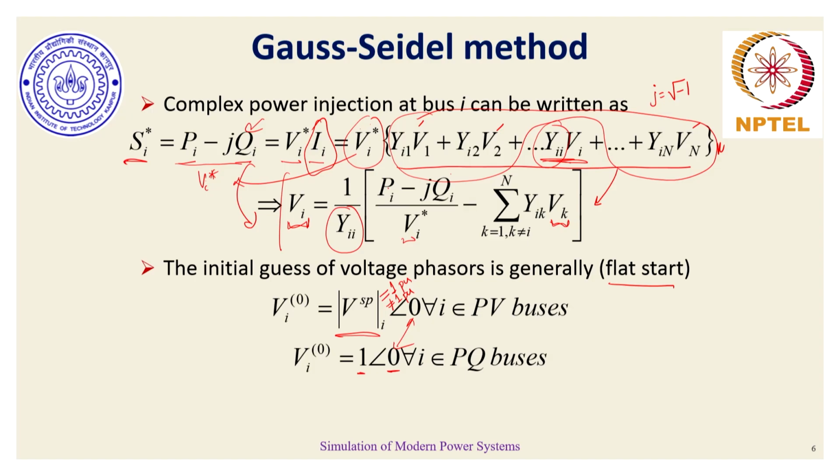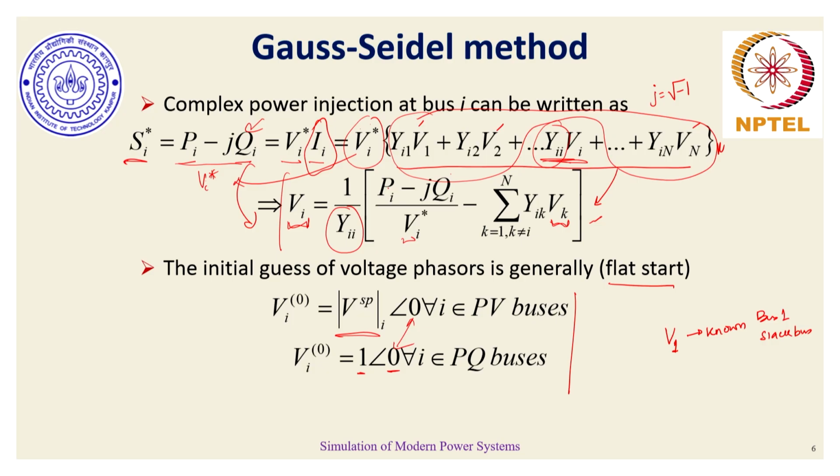It all depends on at what voltage profile the system active power loss can be minimum possible, and hence the voltage magnitude of a PV bus or slack bus or angle reference bus need not be 1 per unit always. With this initial choice and this form of voltage, since in our case V1 is known, why? Because bus 1 is the slack bus, we would now start to understand what would be the voltage form for bus